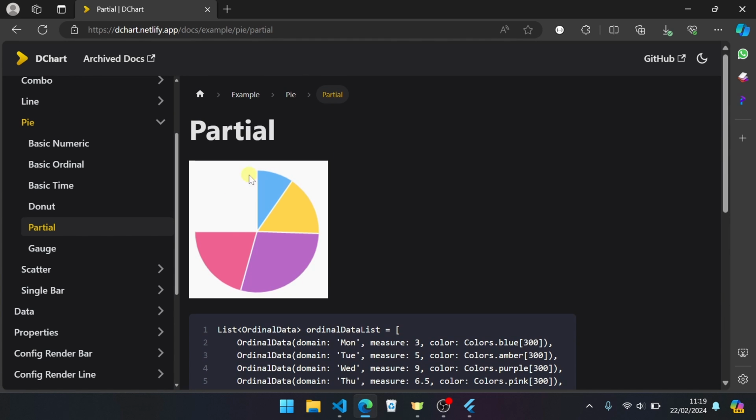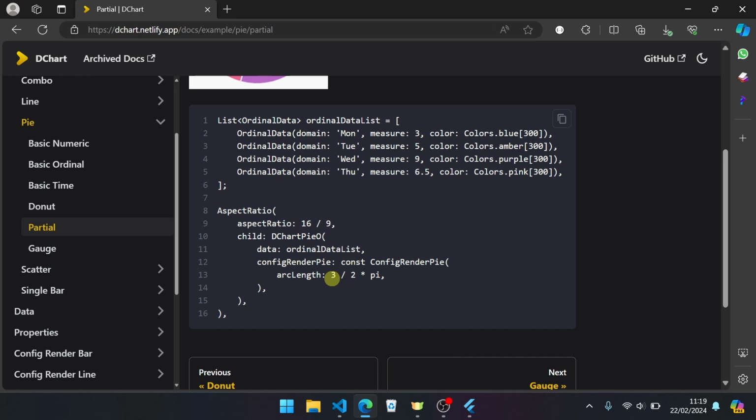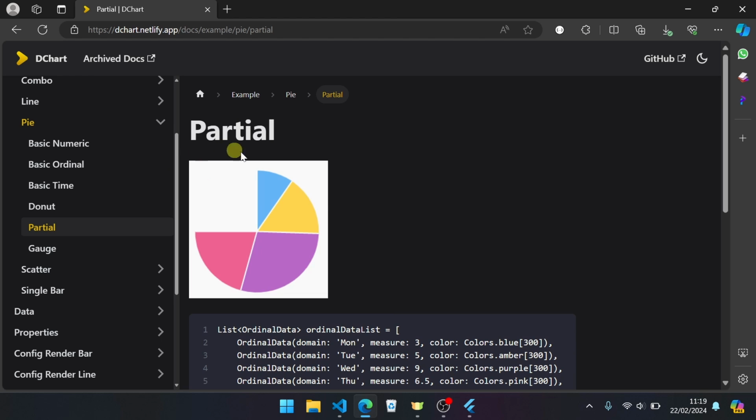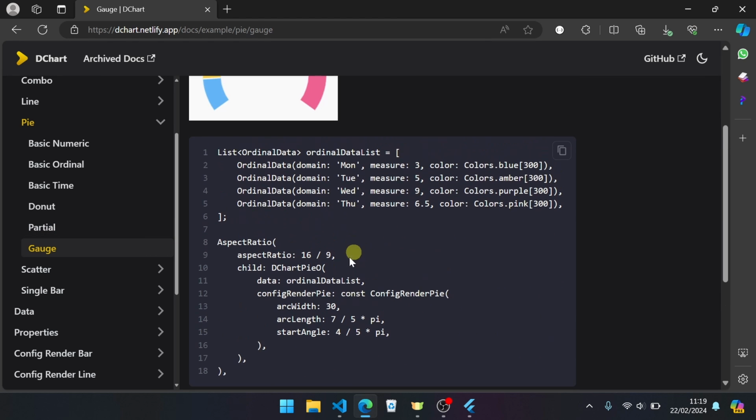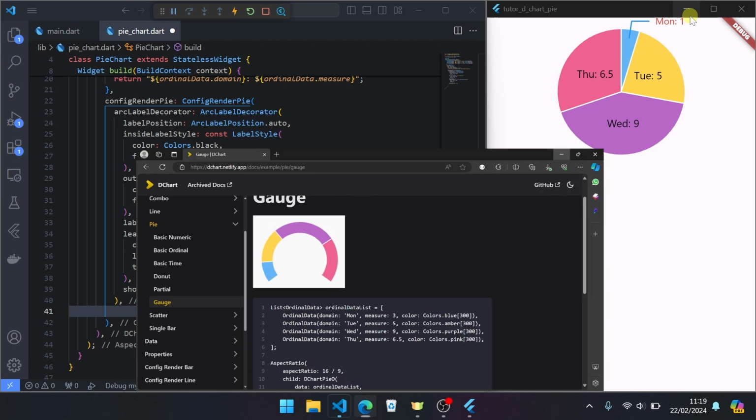Here, partial. If you set 3 divided by 2 times π, it will be like this, three quarters. If set like this, combine arc width, arc length, and start angle.